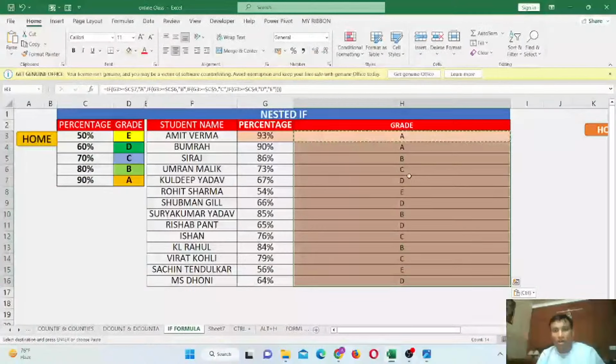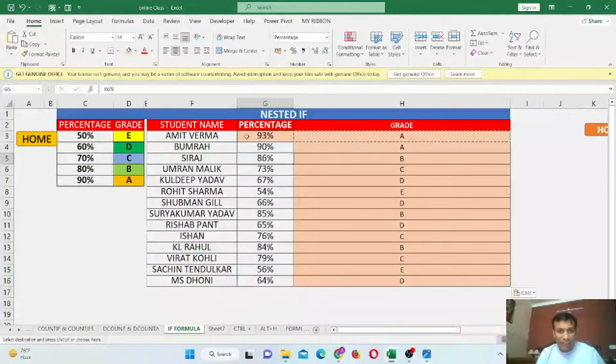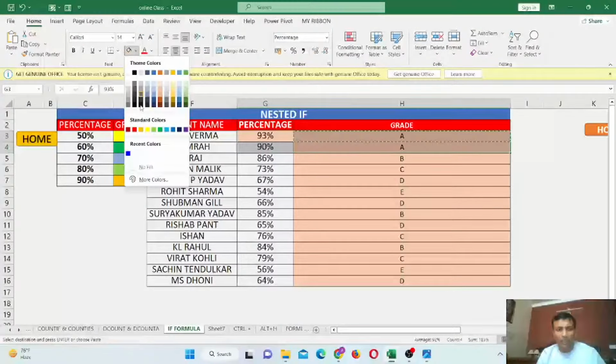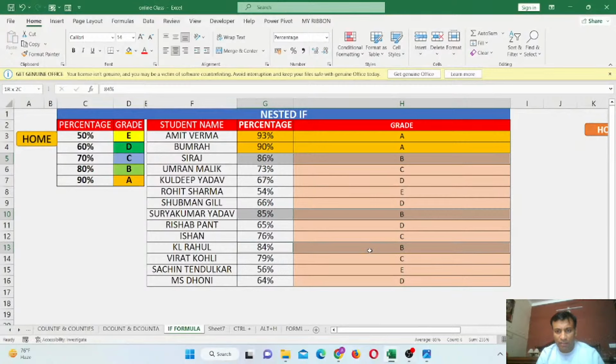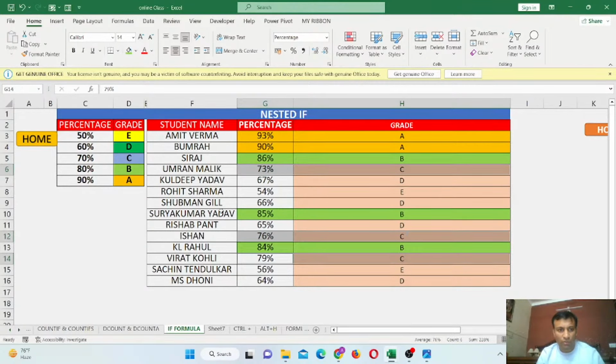Now this is the grade. You can check it out. 90% grade is A. You can also put conditional formatting, but it will take time for me. I'll just check the B condition. You can also check the B. It is also 80%. Then green. Now C, it is also greater than or equal to 70%. What is the color? Blue color. Then D,